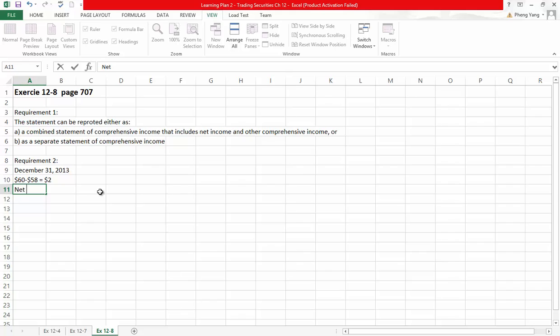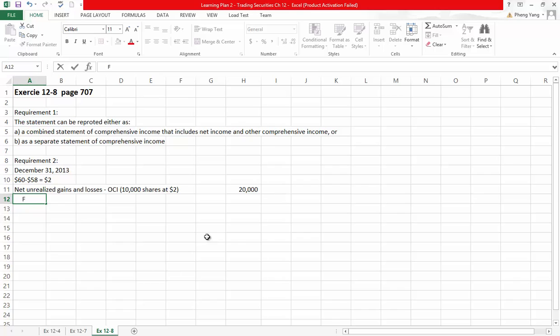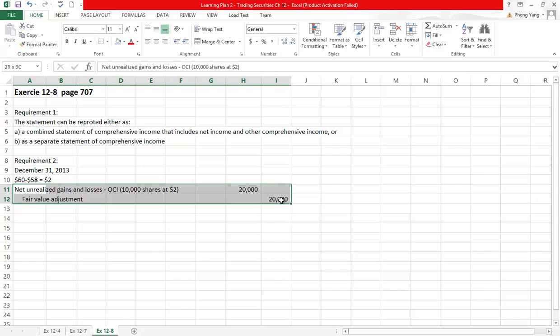So I've got to debit net unrealized gains and losses for $20,000. Okay. It's 10,000 shares at $2 a share. And remember, we have to credit fair value adjustment for $20,000. All right. So this is our requirement 2 adjustment